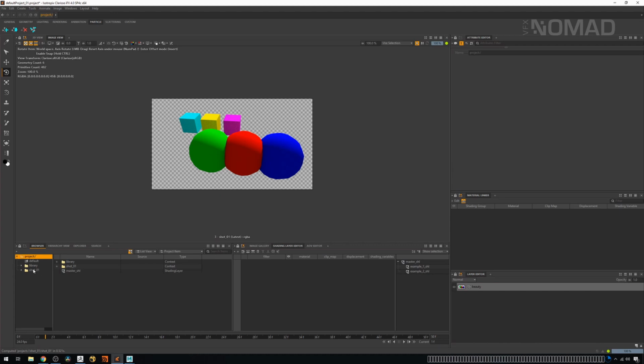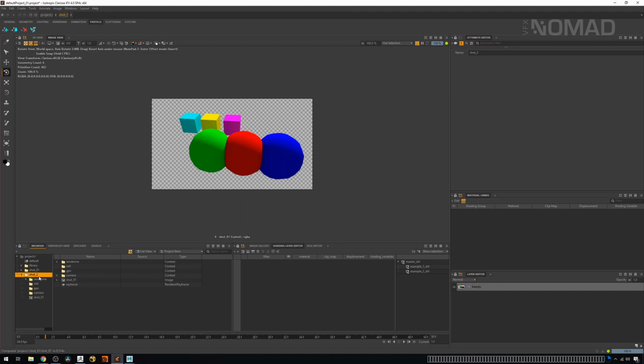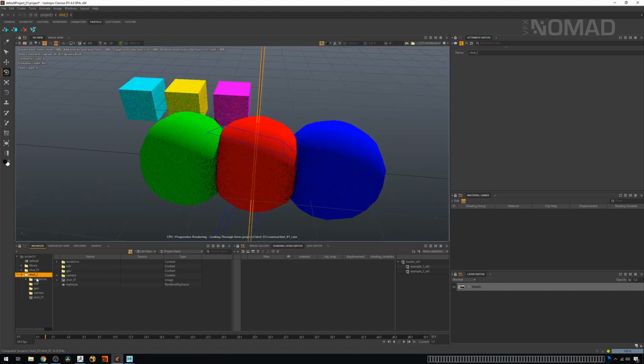Now, I did mention shot one. This is kind of an added bonus of doing it this way, which I like. What you can do is go over, grab shot one, copy it and paste it, right? So now we have shot two. Ideally, you would be doing this because you want the same shot, but a different camera, for example. I'm not going to go super into that, but what I wanted to show you, which I thought was kind of cool, and still think is kind of cool, is if we look at shot two,